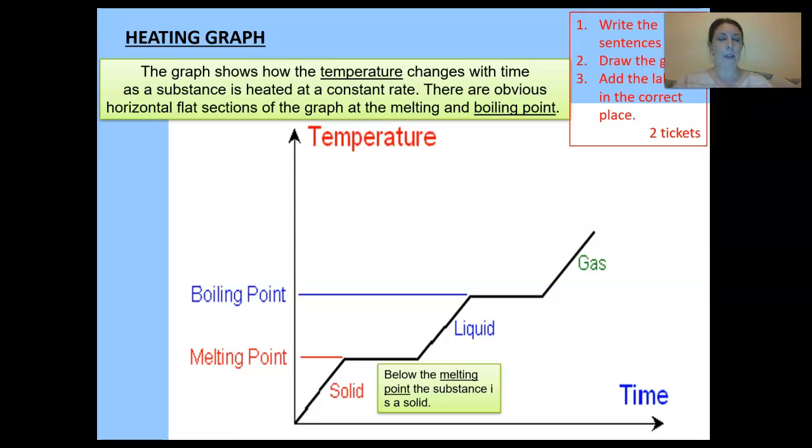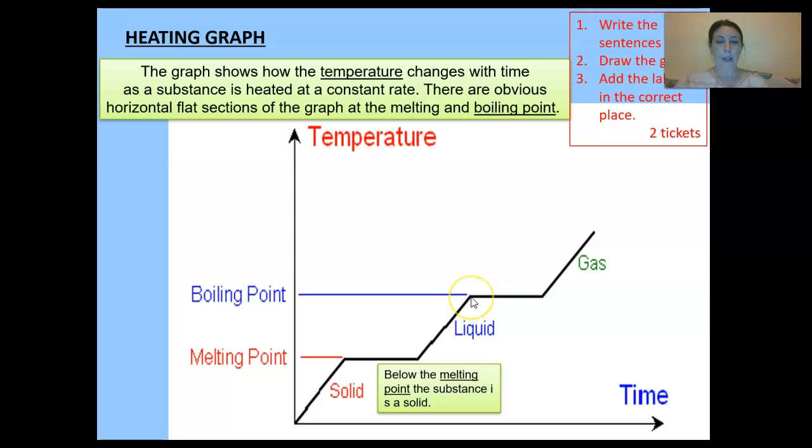So if we have a graph of heating, here's our solid, so let's say that's ice. If we're heating it at a constant rate, here's our time, and here's our temperature. Initially, it will just raise the temperature of the solid. But it will get to a point where it starts to melt, and all the heat energy that you're adding to the solid, instead of causing it to raise the temperature, goes into breaking the bonds. And so it melts. As soon as it's all melted, the temperature will start to rise again